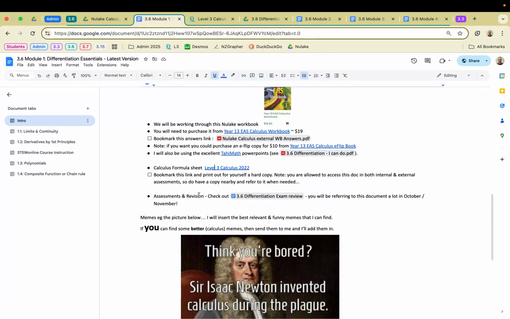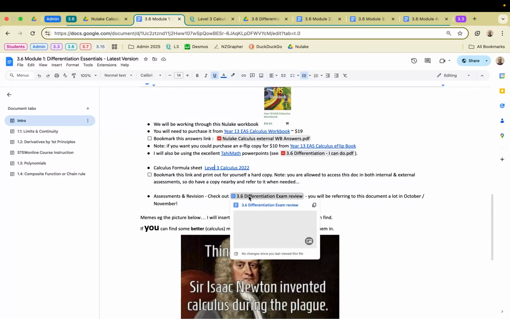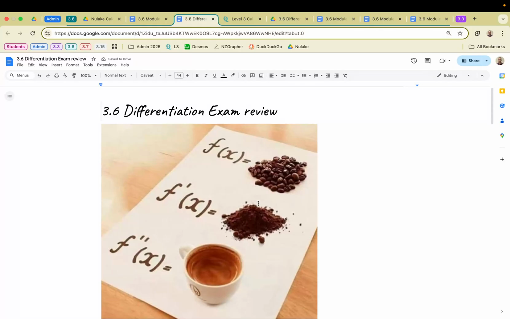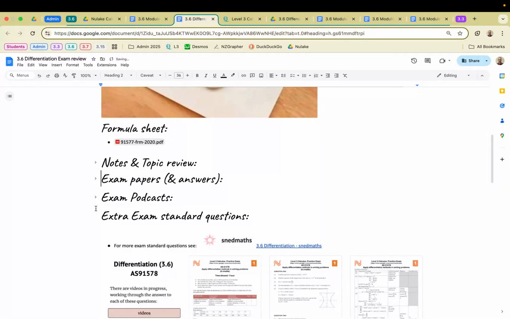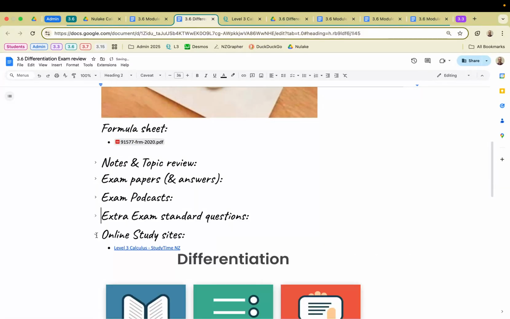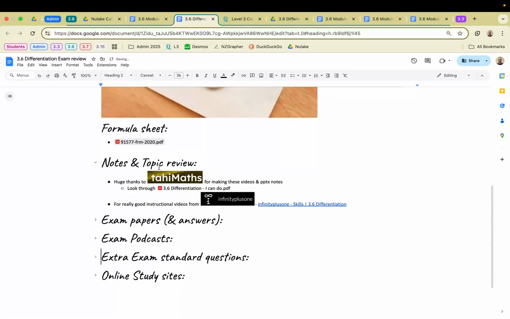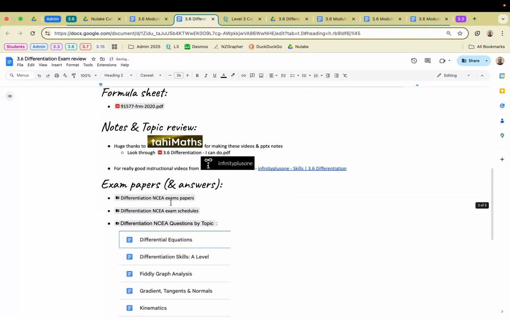If you want a heads up, do look at this document here. You'll be referring to it if you are a serious candidate for the November externals. This is a compilation of resources to help students from my CAS. If I were to show you what you've got here: some notes and topic reviews, Affinity Plus One, exam papers,